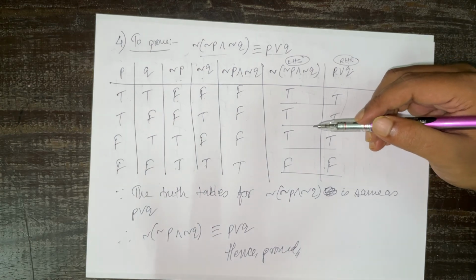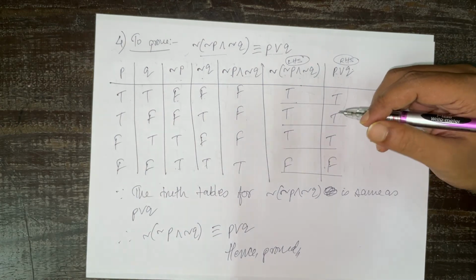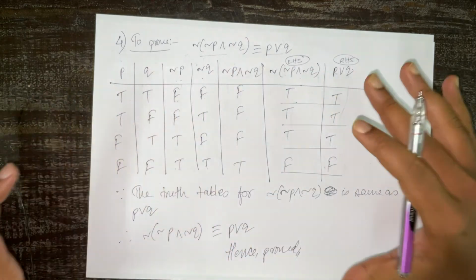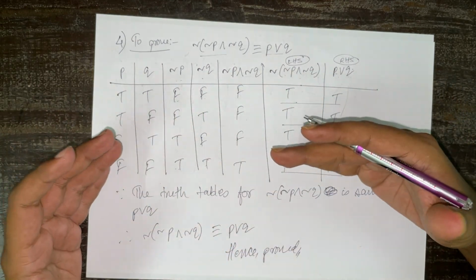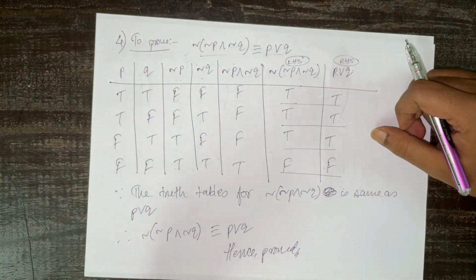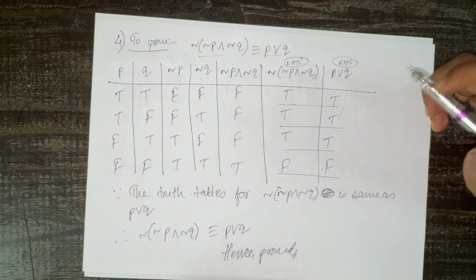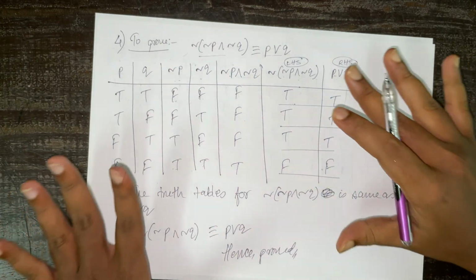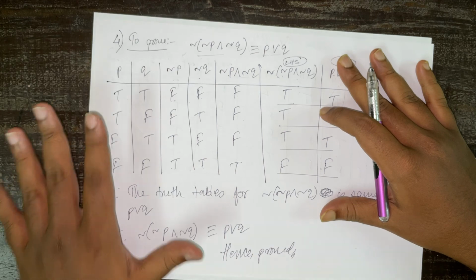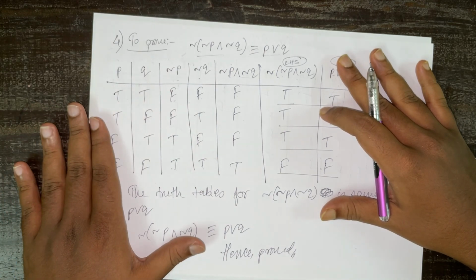What I want you to do is try to solve the ones given in the book. I have shown you what the relationships mean, how to approach the sum, how you can show some proofs. I have proven to you two sums here. So I want you to do all these sums. If you have any confusion, make sure you ask me in the comment section. I'll be there to help you out.